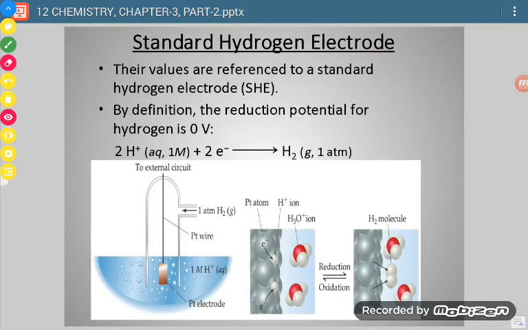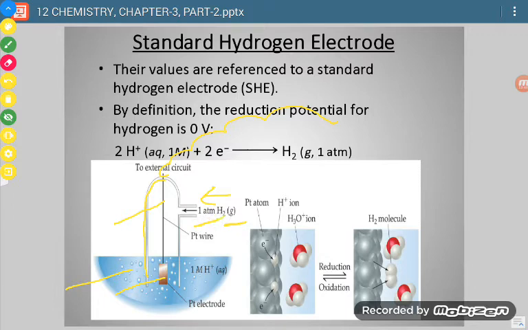Now see, this is the diagram of the standard hydrogen electrode. This is a platinum wire, this is a platinum electrode, and this electrode is coated with platinum black. This is the glass covering, and this is the inlet from the top. From here we can connect it with the other half cell. This is the solution in which the concentration is 1 molar, this is 1 molar hydrochloric acid solution. Now we are passing pure hydrogen gas, and the pressure is 1 atmospheric pressure.